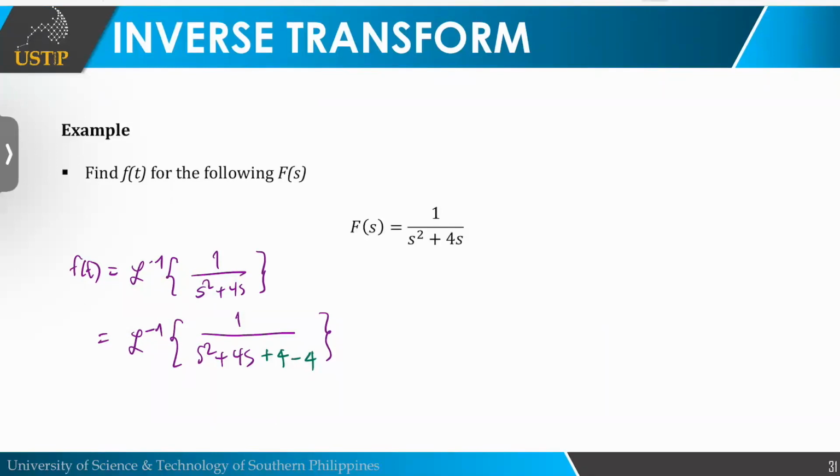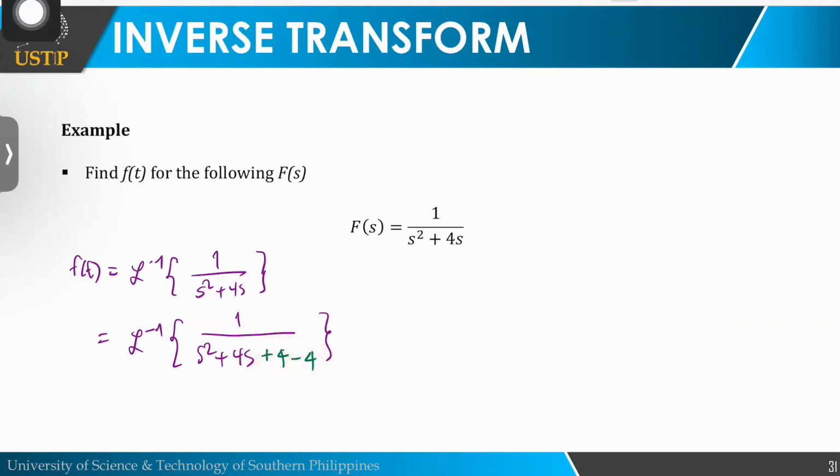Anong ga plus 4 man ta minus 4? Because in order to complete the square, ang sa ato class, i-divide na tog 2 ang ato ang, please review completing the square. I think some of you use completing the square po no in getting the roots and that's fine. So, medyo anad na mo. But to review lang, ang imong i-plus diri class is something that is gikan sa imong middle term. No? Divide 2 and then you square that. Tama ba? Yeah, divide 2 and you square it. So, that is plus 4. So, in order nga dili ma-change ang function, ato sa siyang minusan ng 4. Alright? So,